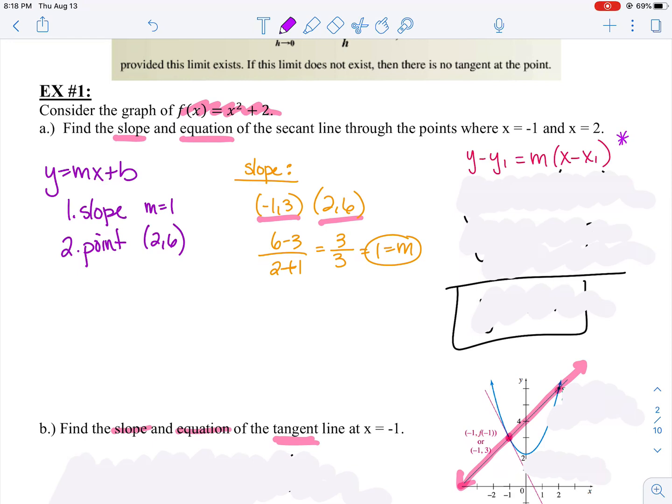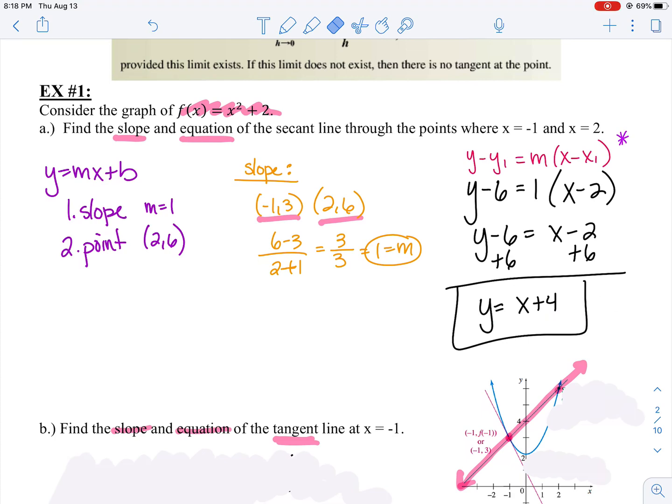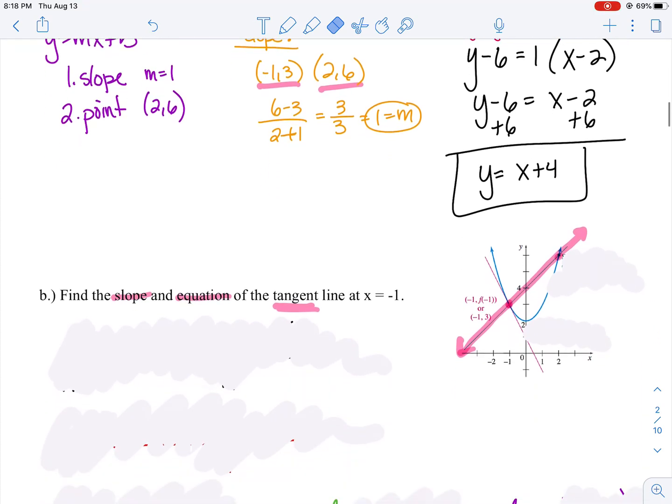So I'm going to use this equation. I'm going to plug in the x of my point, the y of my point, and my slope of 1. I'm going to distribute the 1 through. I'm going to add 6 to both sides, and I ended up getting the equation of this secant line as y equals x plus 4, which looks right. It crosses the y-axis at 4 and has a positive slope,